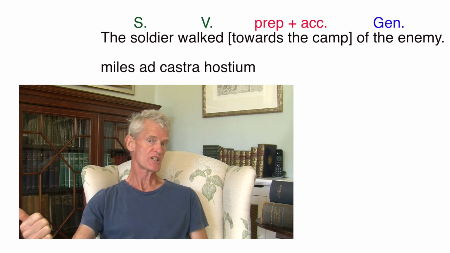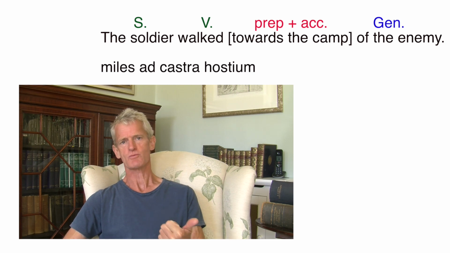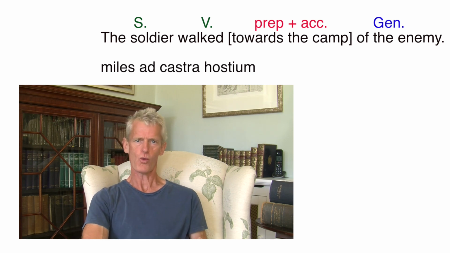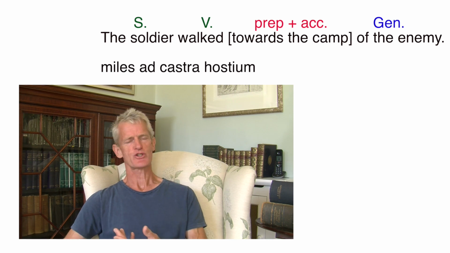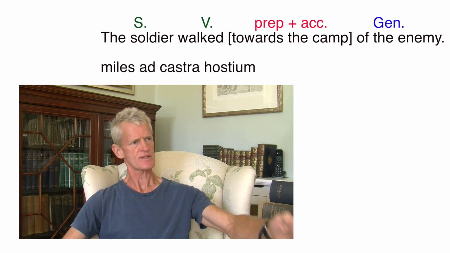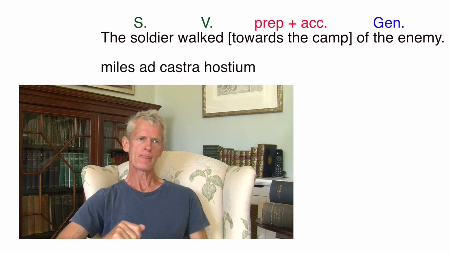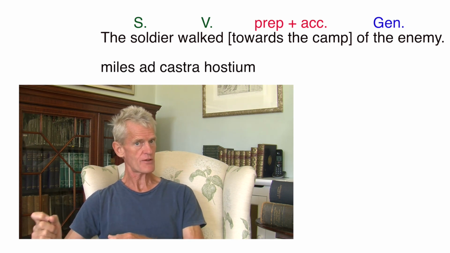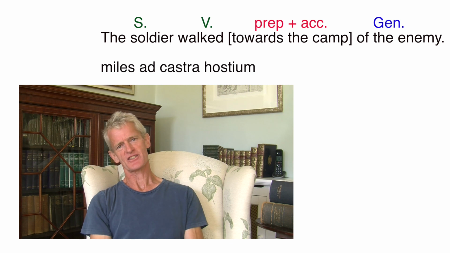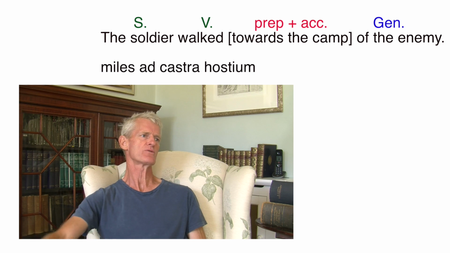Now with walked, you've kind of got a choice. That is a simple past. So it doesn't say was walking, and it doesn't say has walked. So you have to choose. Do we think it's an imperfect tense type of simple past, a kind of continuous action in the past? Or is it much more something that got done, in which case we would have used the perfect tense? Actually, the choice is yours, really. I'm not particularly fussed. You might say walking is a sort of continuous type of thing.